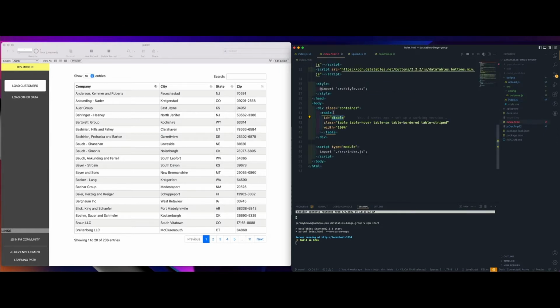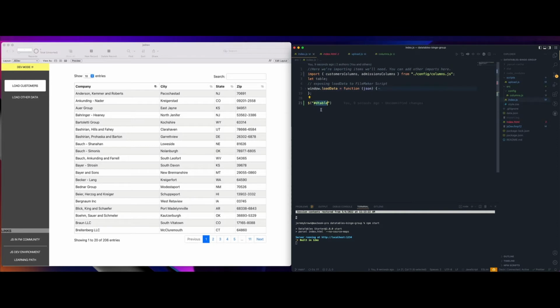Over here in our index.html, we have a table with an ID of dtable. So we're asking JavaScript to go find that. And then we're going to apply an on method to it. This is built into JavaScript and will allow us to add an event to a part of that table.